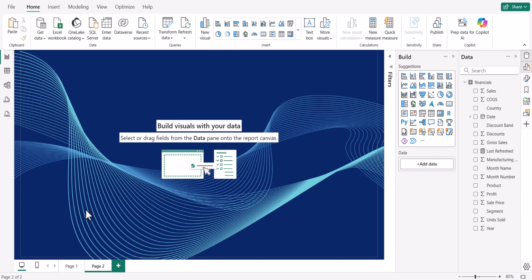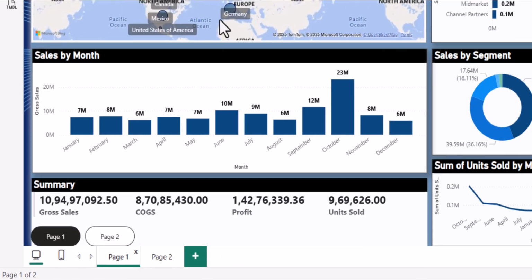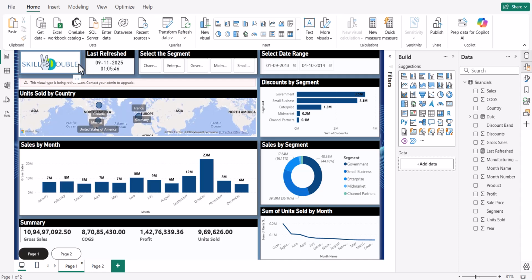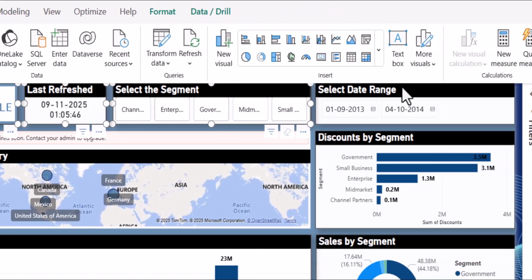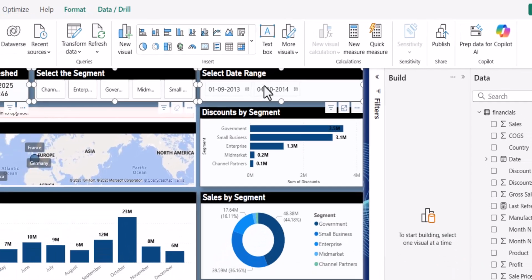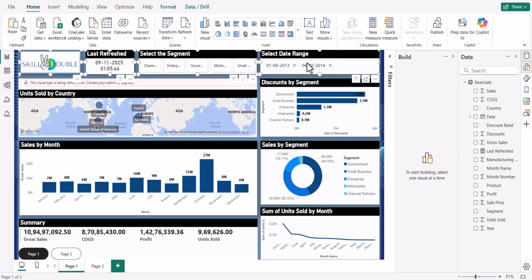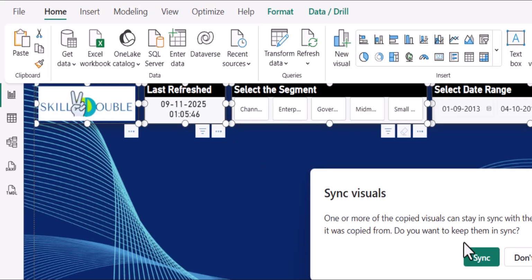Now what I would do is go back to page 1 and try to copy these visualization segments, that is the slicer. I will take the slicer, last refreshed, and the logo onto page 2 because these would be used in this page as well. And as soon as I copy pasted